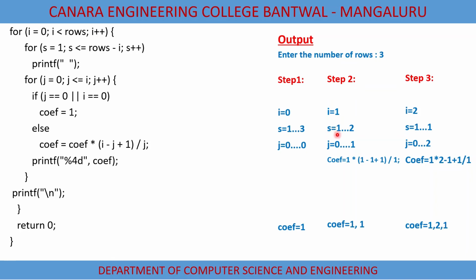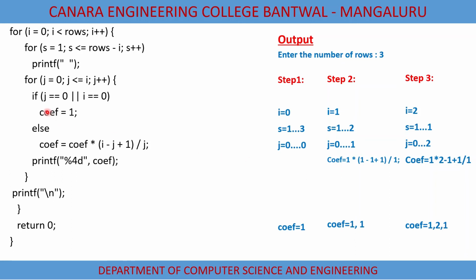Now again it checks whether the condition has reached, no, it has not become 3 yet, so it will come to the next loop, that is giving us spaces. So it starts with 1, it goes up to 2, so it is going to print 3 spaces, then it goes to the next loop, that is for J is equal to 0, again the J will start from 0. So 0 to, it will go up to 1 this time because the I value is 1, so it is going to repeat 2 times.